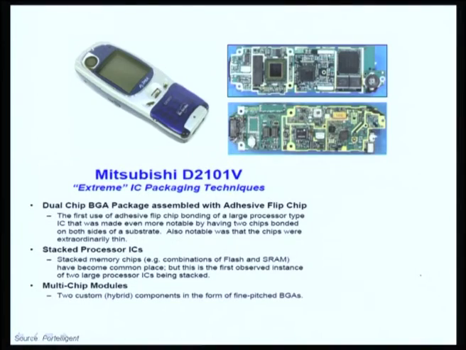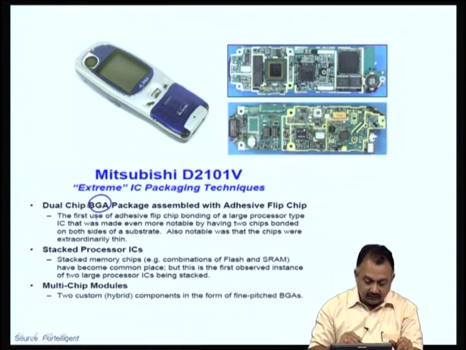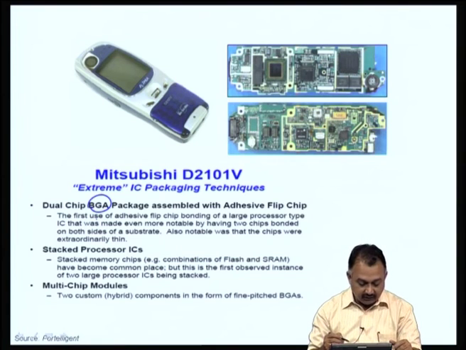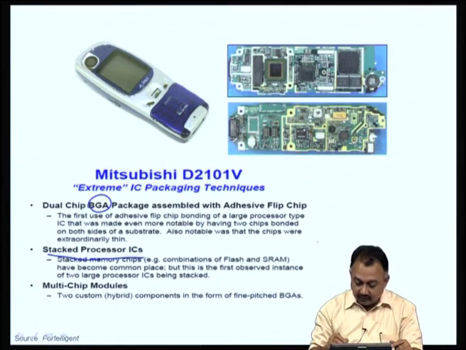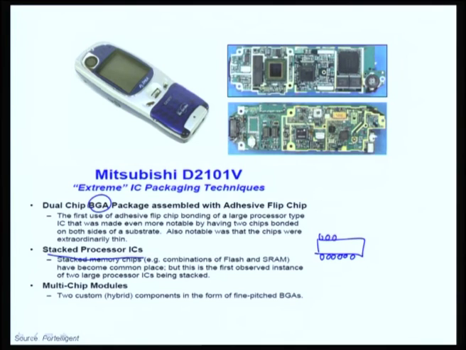So, these are new technologies used in current day cell phones, where people are using BGA packages to enhance the electrical performance. They are using stacked processors. That means one processor is stacked over the other by suitable technologies. Okay. So, 3D packages are being used, and multi-chip modules with low profile, low thickness are also being used. So, these are some of the examples that I can give, which show change in manufacturing using new technologies at the package level.